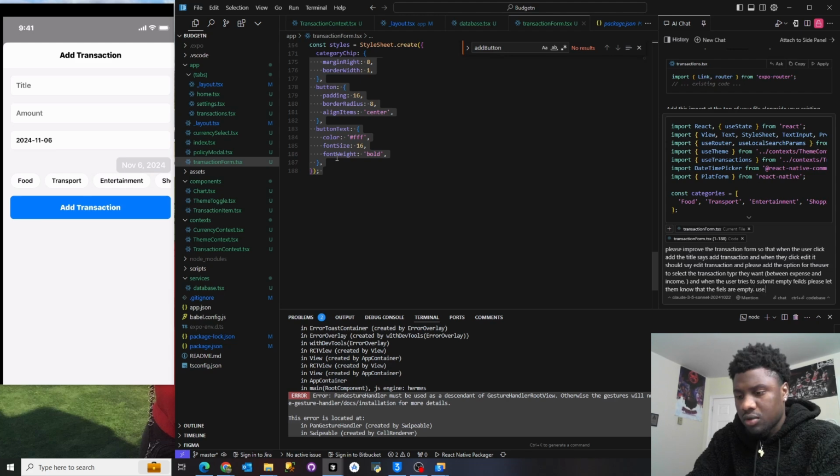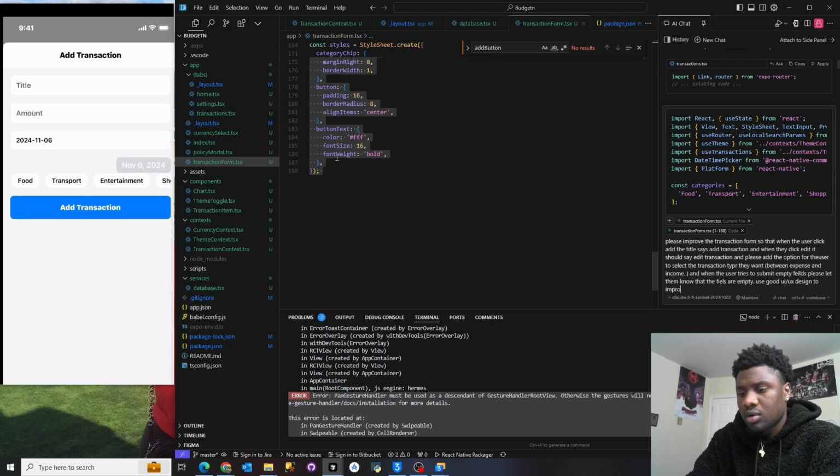Use good UI/UX design to improve the modal and make a category for expense and